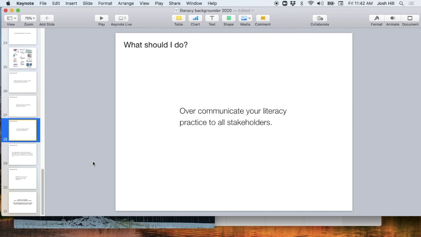Making sure your parents at the beginning of the year are really clear on what your literacy practices look like and why, what you believe about reading and writing and literacy, and how you pay attention to that, and what time you dedicate to it, and what programs you're using and why you're using them, and doing that in parent-friendly language is really key. What they might do and providing supports for them where possible is also a key piece of communicating your literacy practice and supporting students. And then with students, making sure that they feel like they're a part of this process,